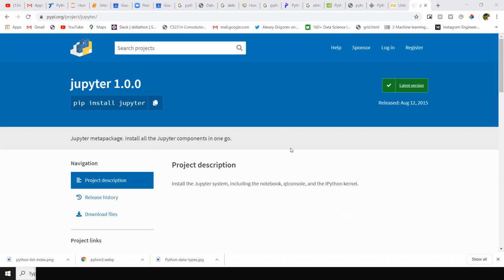See, as I told, we can compile our Python code in many ways. One is in command line, one is in Jupyter Notebook. This is also one type of Python execution tool. You can simply enter the command pip install Jupyter. Pip is a Python package manager. You can install any package with pip. When you install Python, you will get pip as well. Just type this command in your command line, any command line.